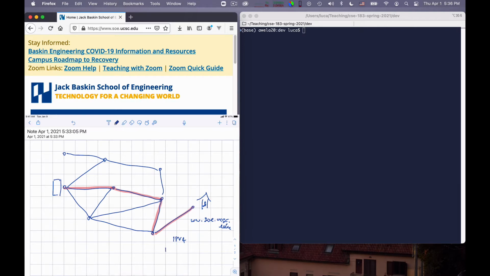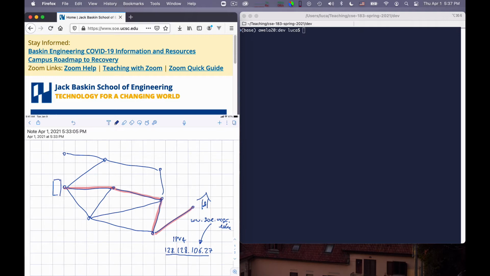My School of Engineering will be 128, 128, and then I forgot, but we can look it up in a moment, but suppose it is 106.27. There will be some number like this. So the first thing we need to do is go from the name of the School of Engineering to its IP address. Once we have an IP address, there can be a request routed on the network for that address.